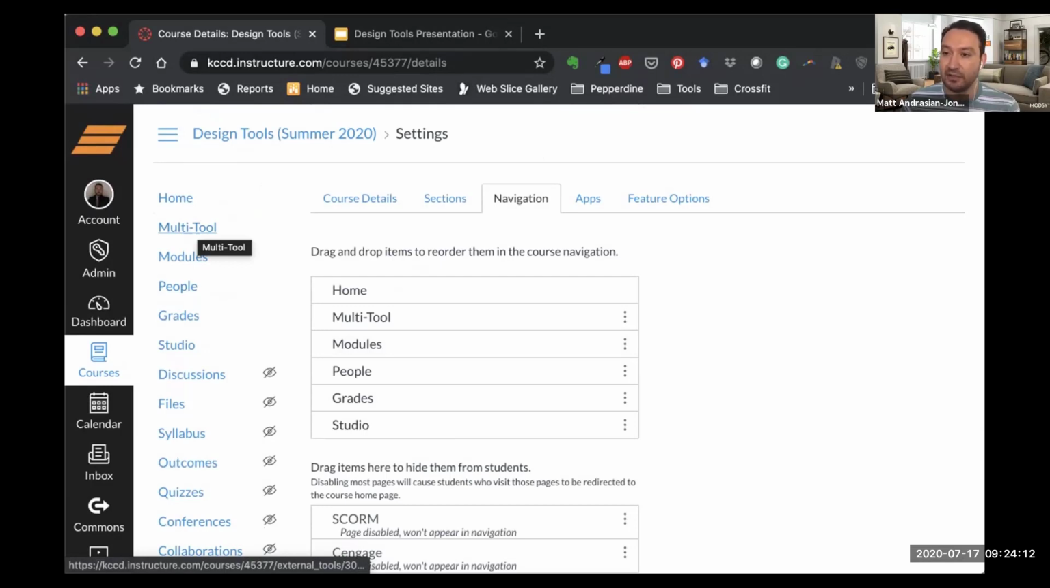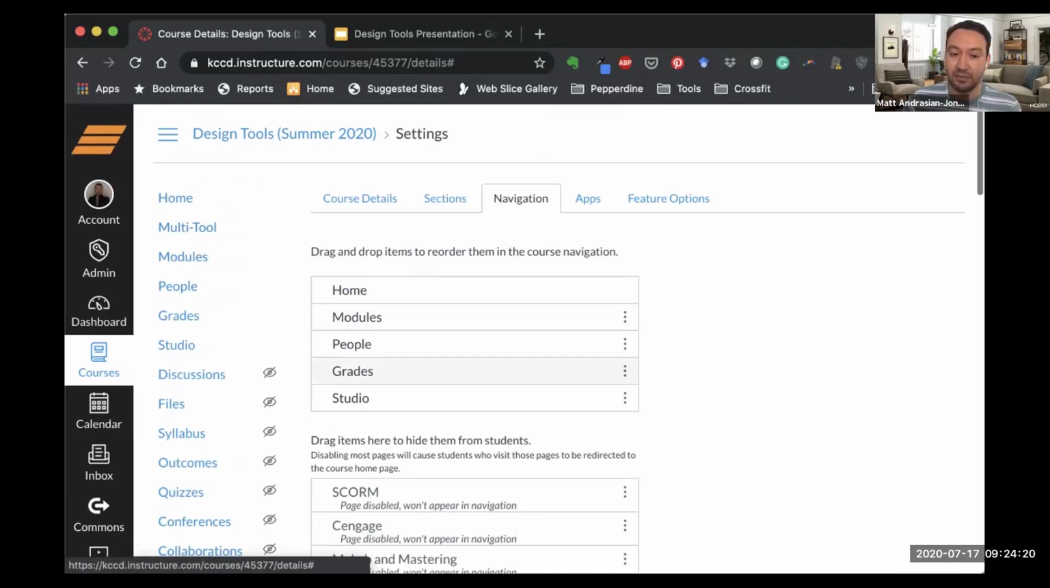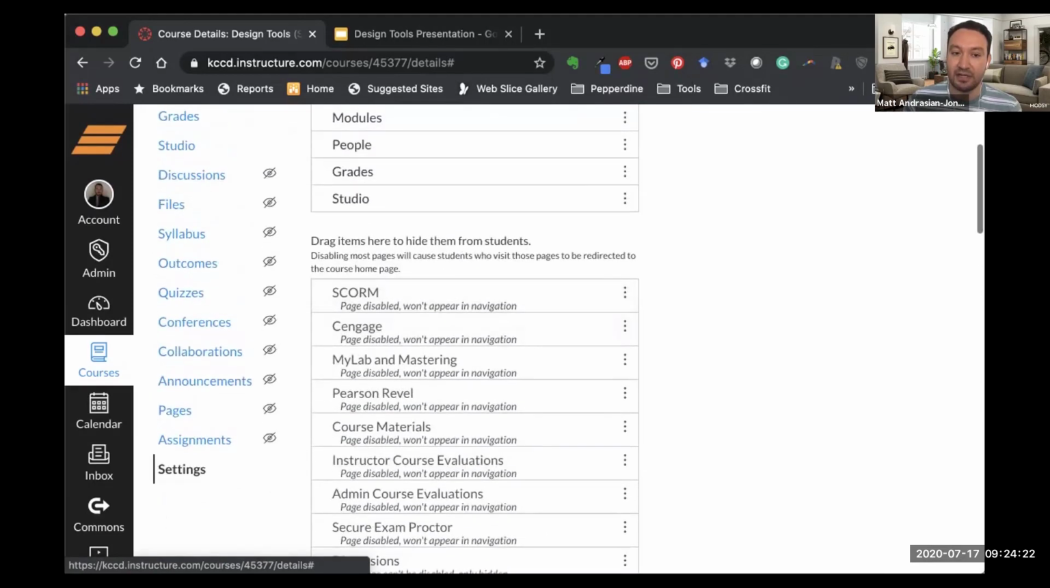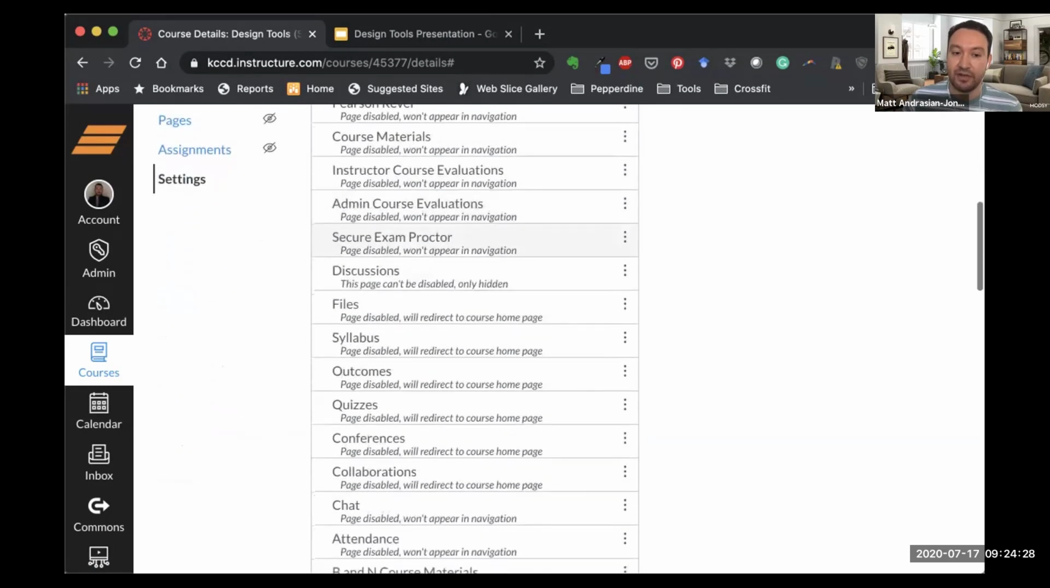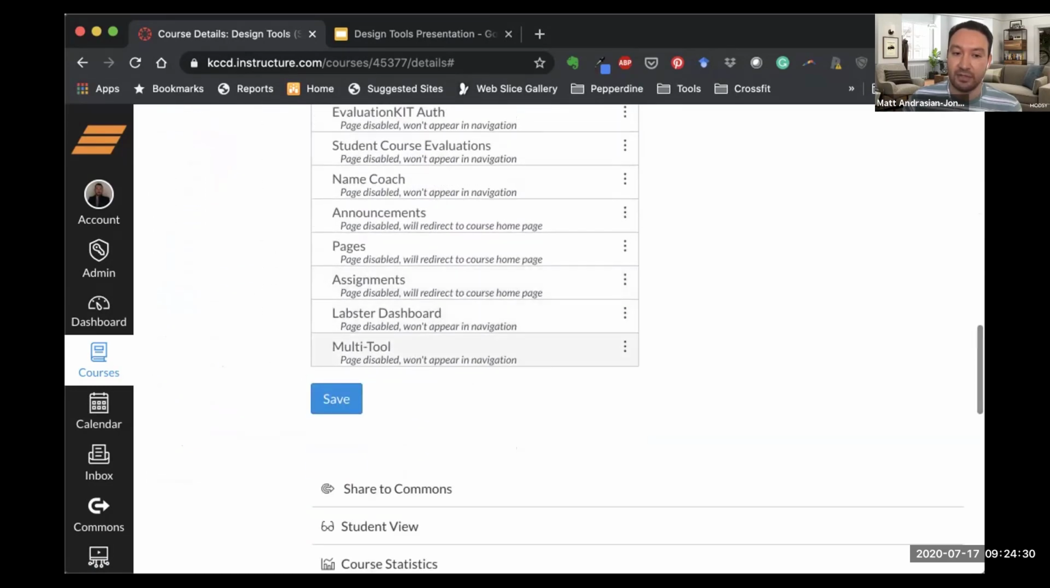It is highly dependent on what role you come into your course with, and all of you are teachers in your own course. So enable the multi-tool. Again, to do that, if it's disabled, it's going to be down here in the list of menu items that are hidden from students. So if I scroll down, I will be able to find the multi-tool. As soon as I find it, I just come to the three dots. I click the three dots,